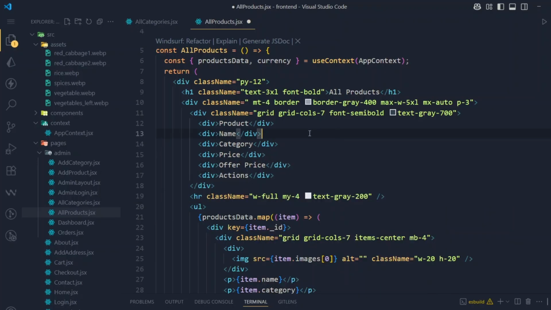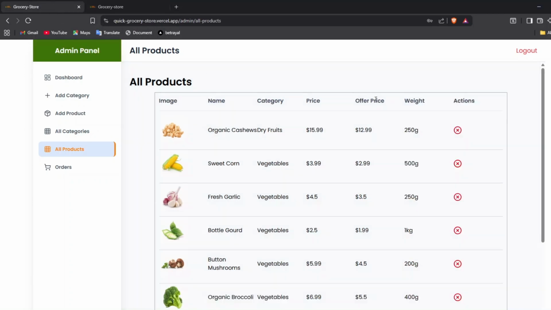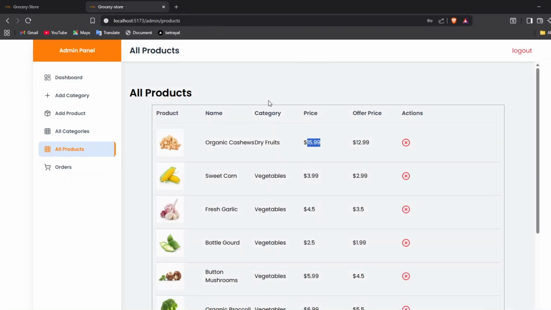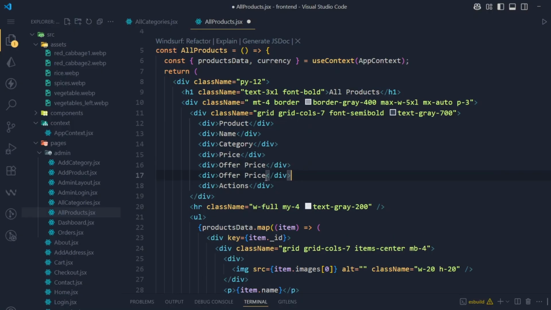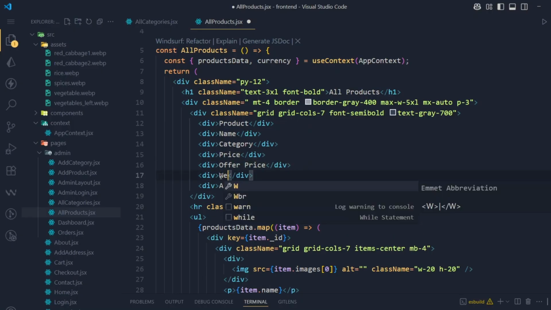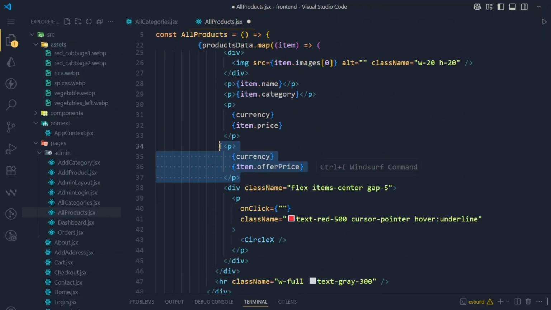Okay, this is offer price. This is done. If I now visit, you can see product image, then product name, category of product, price, offer price, and action button. Here we use weight also, so here we will use weight. I will just duplicate this, and here we will use weight,